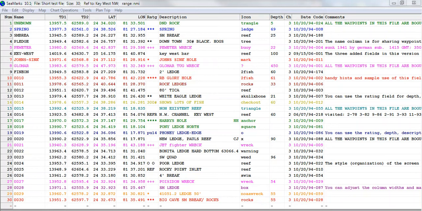To start with, we may want to edit numbers. For example, if we take the first number, which is 13957.5, and change it to 959.7, the change will take effect as soon as we move to a different